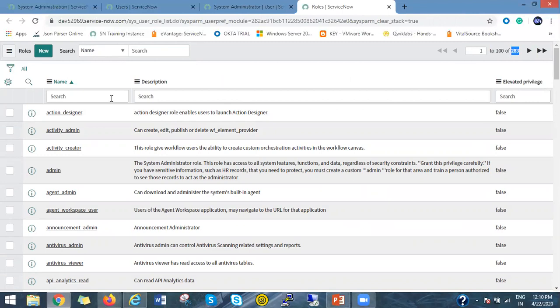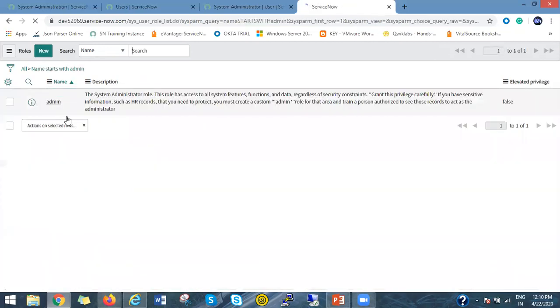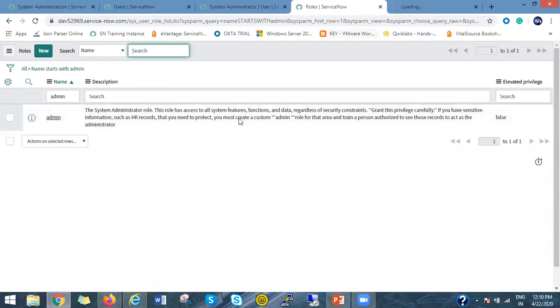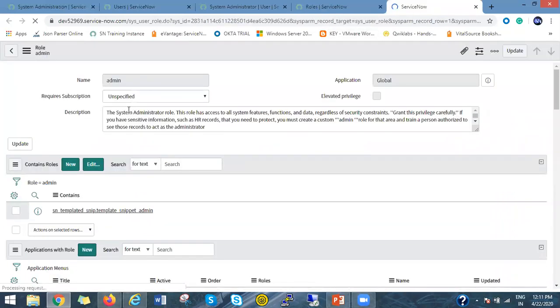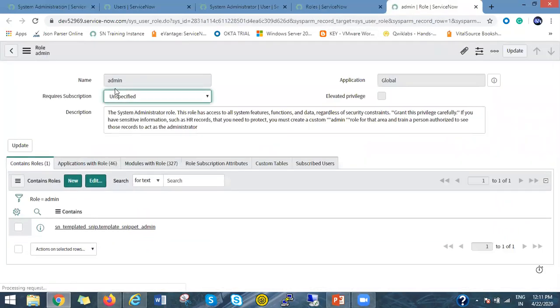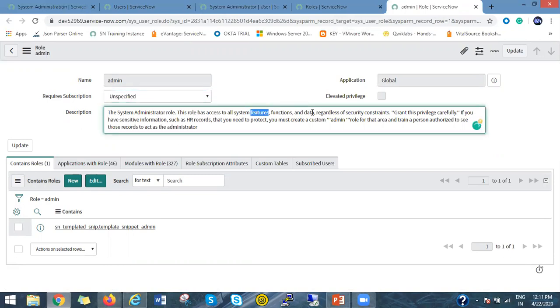So just try to find the admin role here, and you can see the full description. The meaning of this is, if you assign this particular role to any user, that user can act as a system administrator, and this role has access to all system features, functions and data regardless of security constraint.